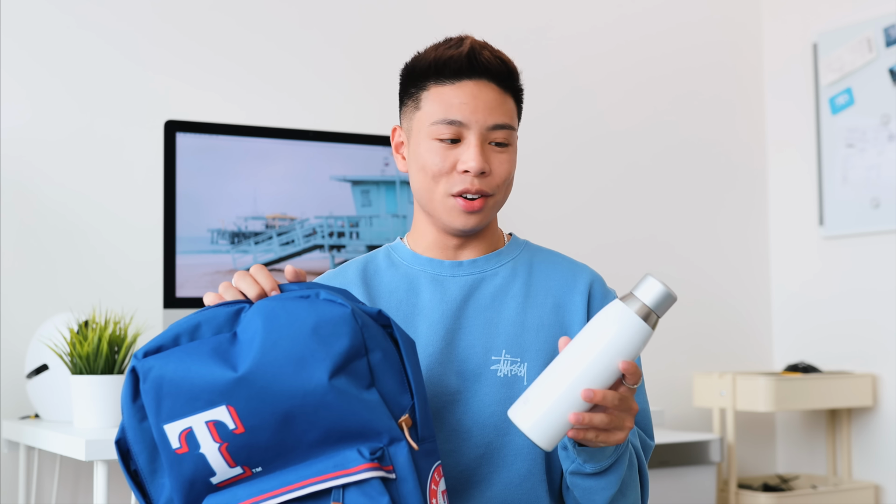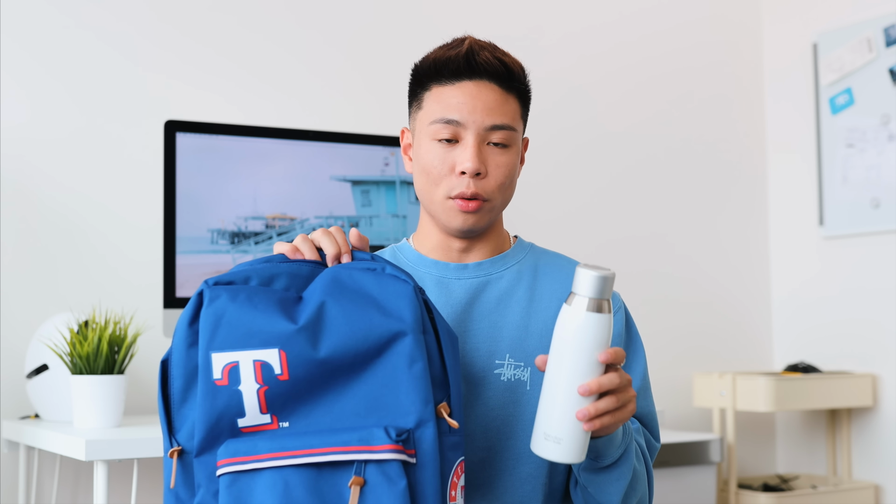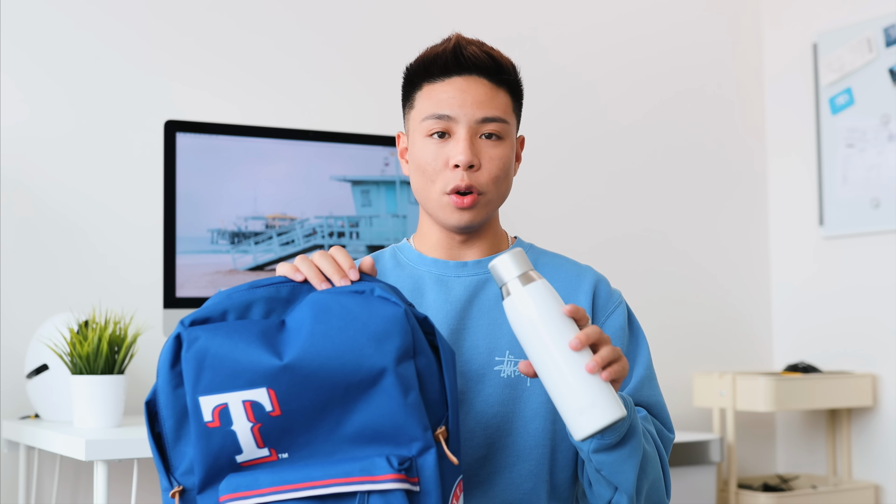So the next thing that I checked out is a water bottle from Amazon, and surprisingly this doesn't cost too much more than a regular water bottle. So this is one that is actually a smart bottle, and it does a couple of different things. It does have to be charged, which is kind of weird, but if you're looking for a water bottle already